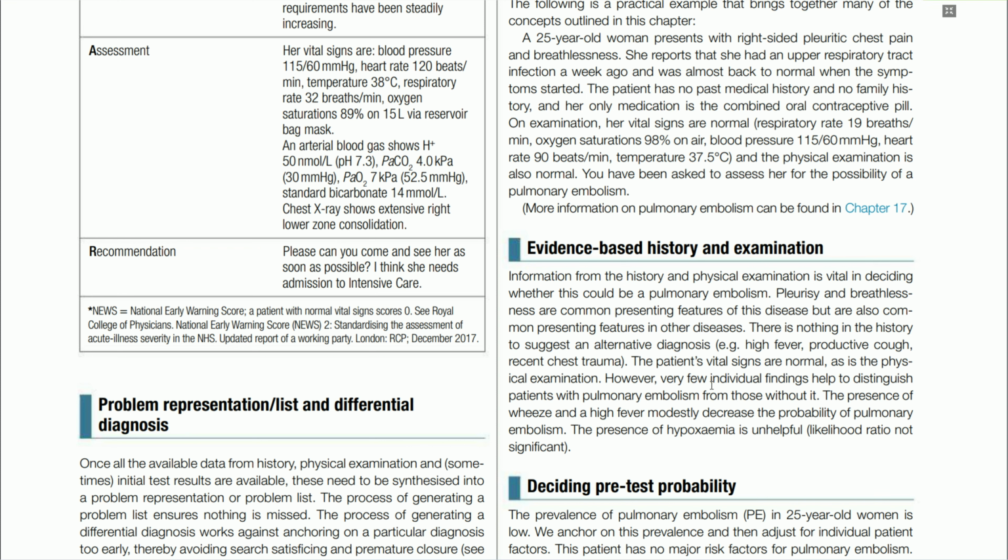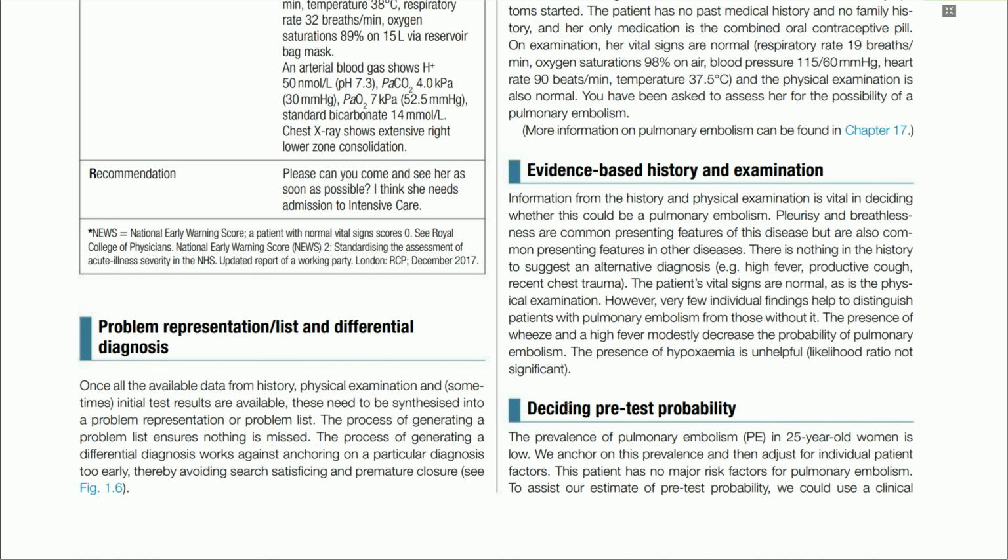However, very few individual findings help to distinguish patients with pulmonary embolism from those without it; the presence of pleurisy and high fever modestly decrease the probability of pulmonary embolism. The presence of hypoxemia is unhelpful, likelihood ratio not significant. Deciding pretest probability. The prevalence of pulmonary embolism in 25-year-old women is low. We anchor on this prevalence and then adjust for individual patient factors. This patient has no major risk factors for pulmonary embolism. To assist our estimate of pretest probability, we could use a clinical